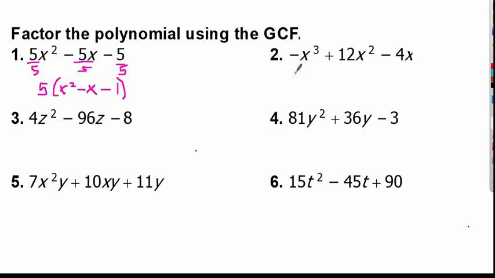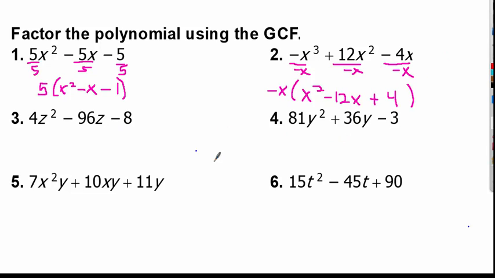I am going to find it useful to factor out a negative 1. In this case, I can actually factor out a negative and an x. When I do that, I put that in front. That is going to be a solution for me. And I'm going to divide each of these by negative x. That's going to end up giving me an x squared minus 12x plus,